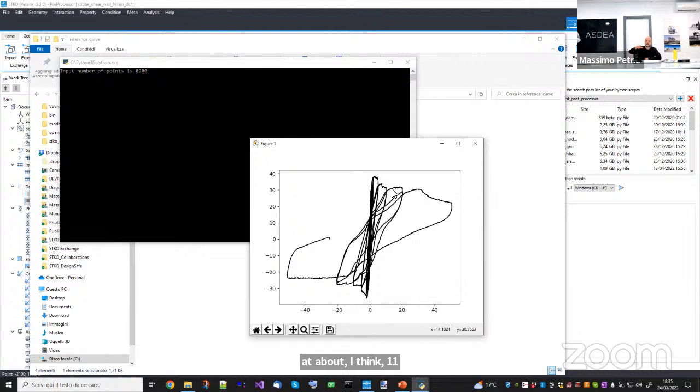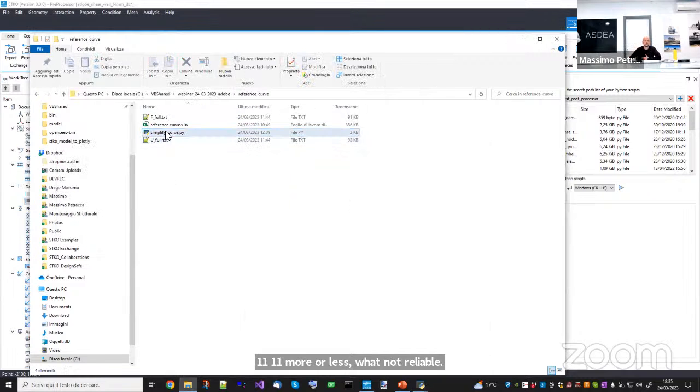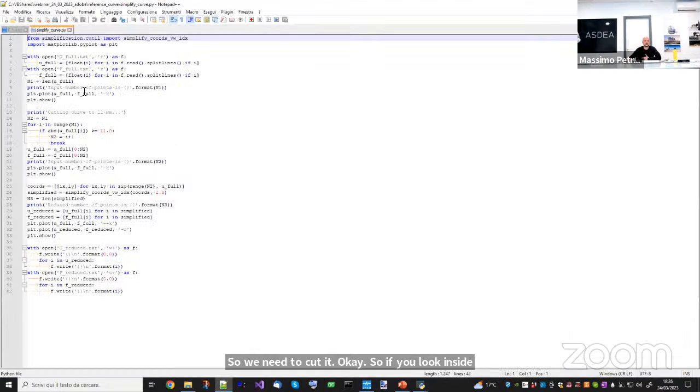experiencing sliding. So the results after 11 millimeters, more or less, were not reliable. So we need to cut it. So if you look inside the Python file, you will see what it does. But basically,